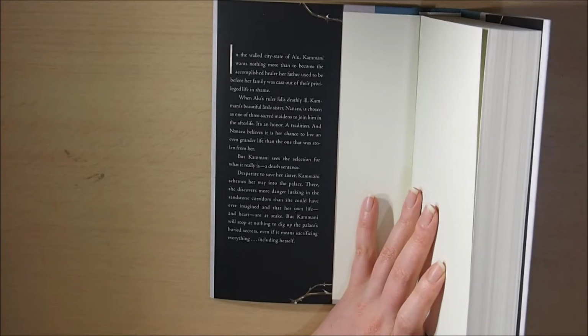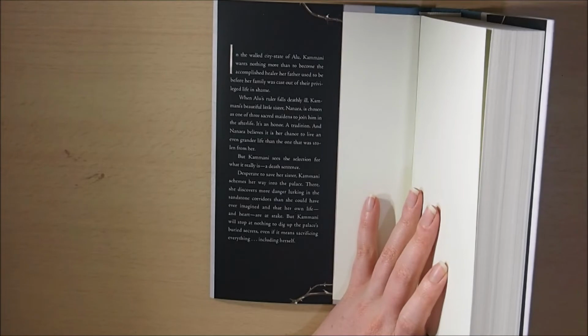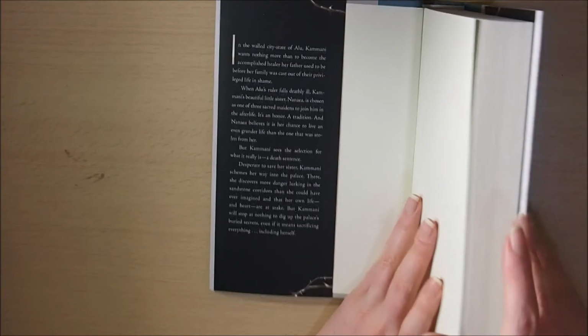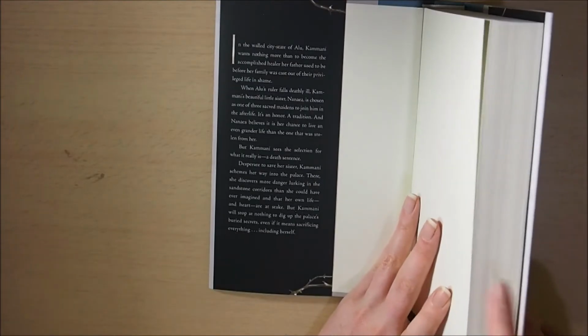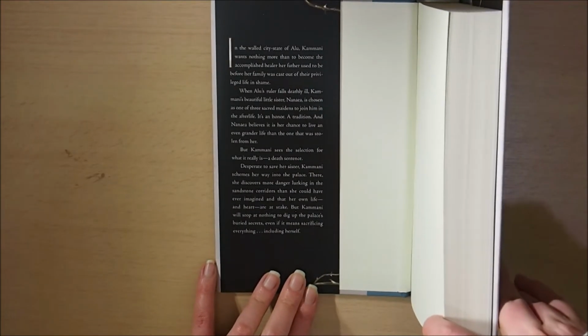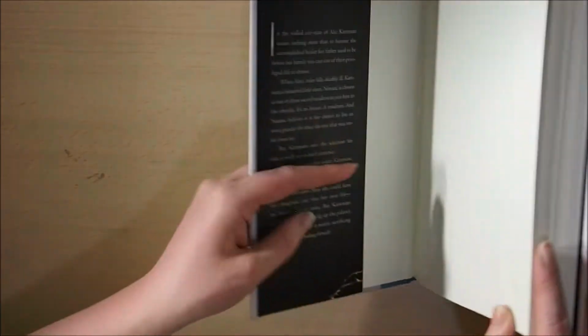It's an honor, a tradition, and Nania believes it is her chance to live an even grander life than the one that was stolen from her. But Kamani sees the selection for what it really is, a death sentence. Desperate to save her sister, Kamani schemes her way into the palace. There she discovers more danger lurking in the sandstone corridors than she could have ever imagined, and that her own life and heart are at stake. But Kamani will stop at nothing to dig up the palace's buried secrets, even if it means sacrificing everything, including herself." And so,